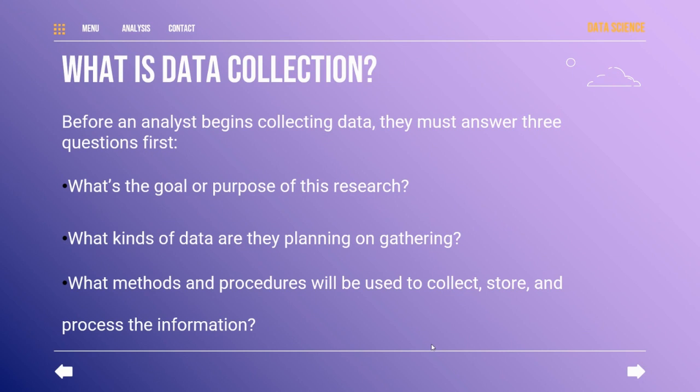For example, take the process of building a model on the iris dataset. The iris dataset consists of four features: sepal length, sepal width, petal length, and petal width. The first problem statement is to know about the petal length, sepal width, and petal width of the plant, and based on them do research on the types of plants so that they can gather the data. Next, what kind of data are you planning on gathering?